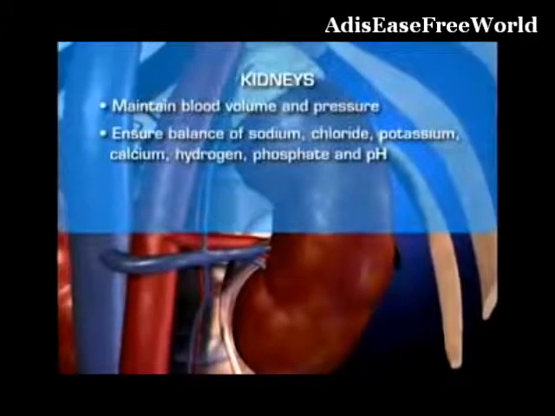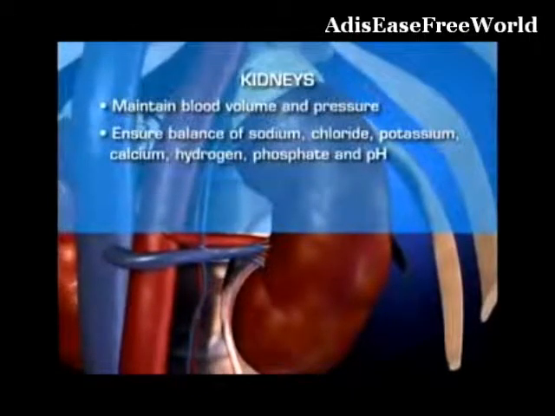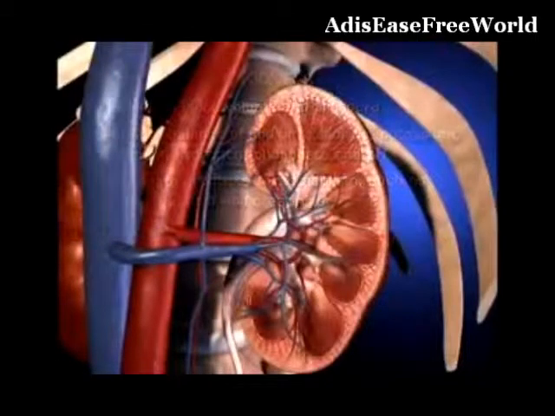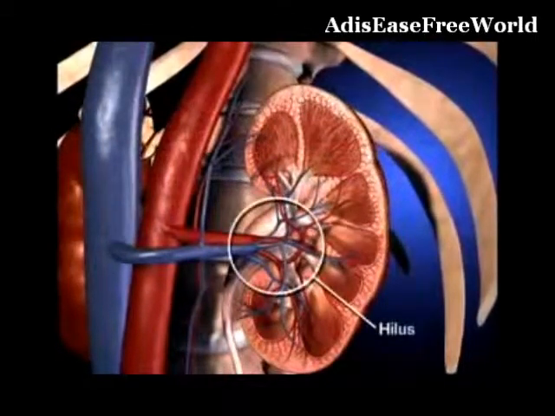The kidneys function as the body's main excretory organs, eliminating the body's metabolic waste products by filtering the blood. Substances that are unneeded or are present in excess are filtered out of the blood and form into urine, moving via the ureter into the bladder before being expelled through the urethra.